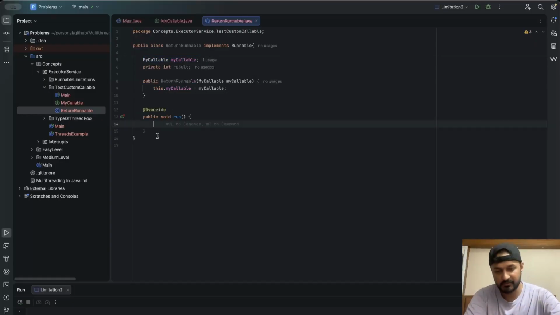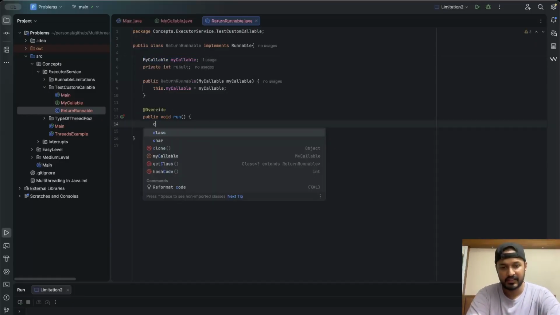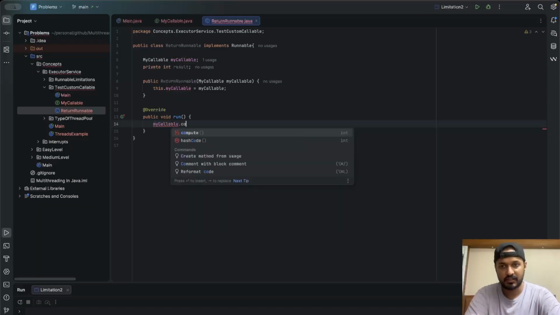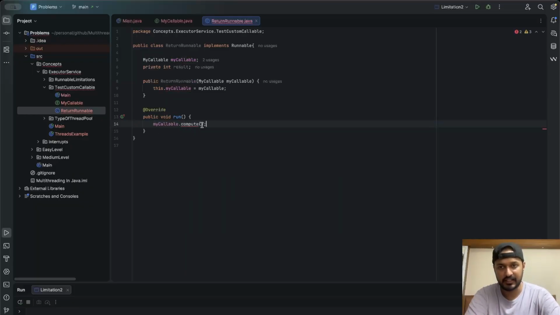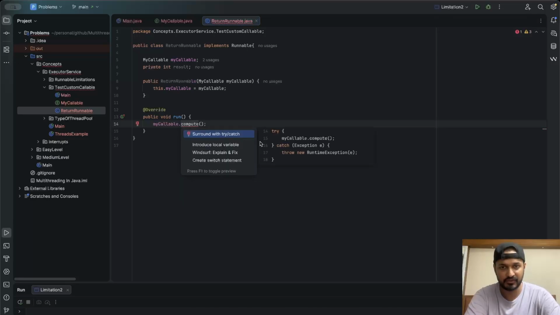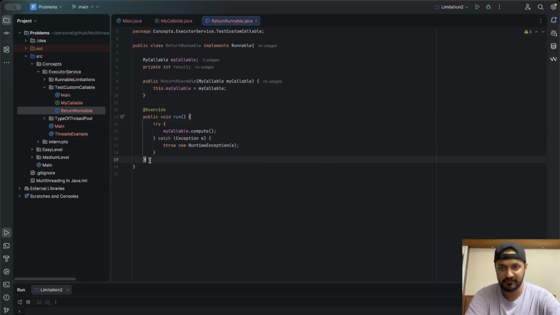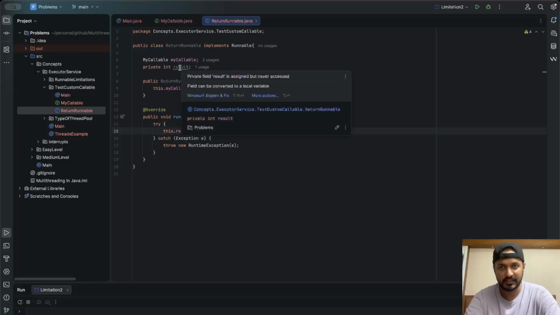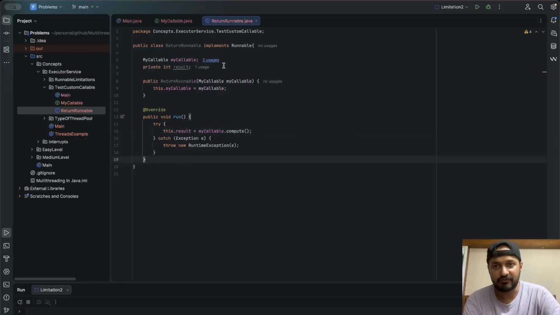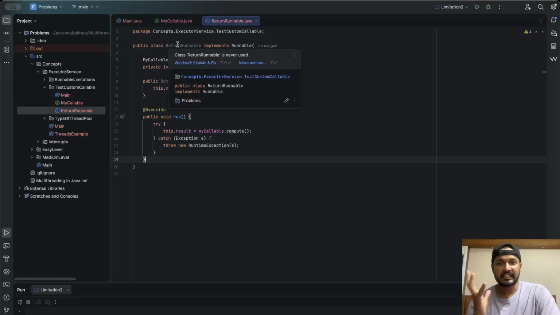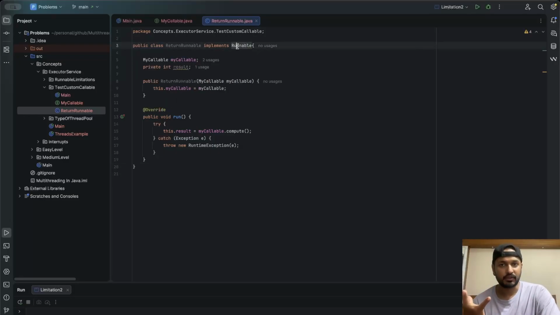Now inside our run method, we will write myCallable.compute, and since this compute throws an exception, we'll have to surround it with try catch, correct? That's it, and we'll write this.result equals myCallable.compute. So what have we done here? We have created a class that implements Runnable because we want this to be executed by a thread.